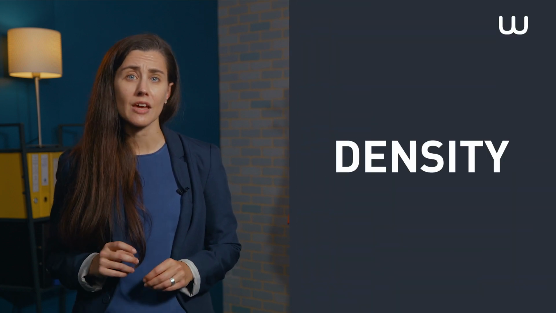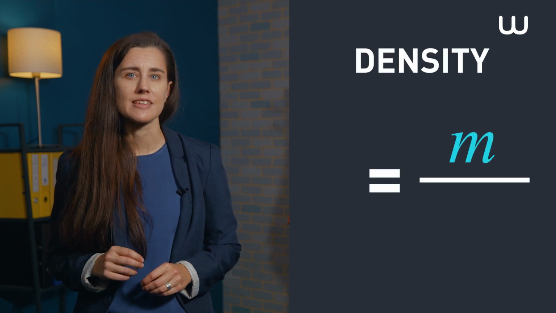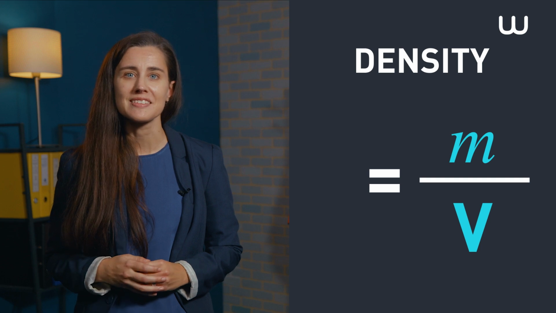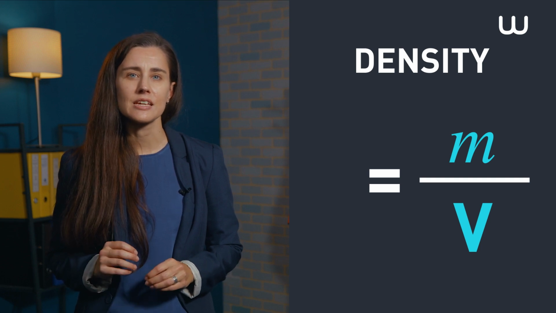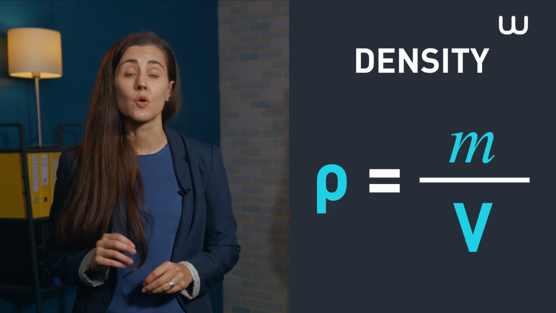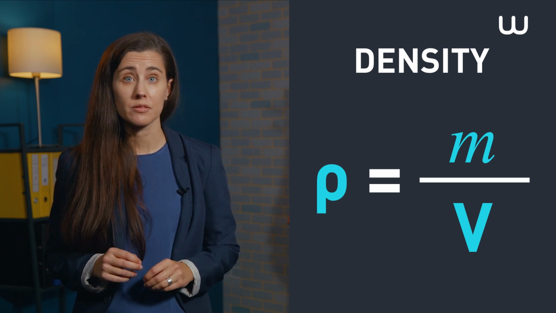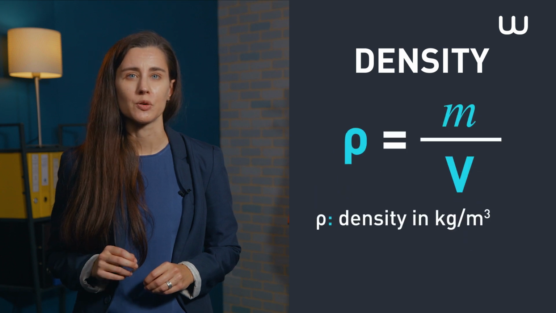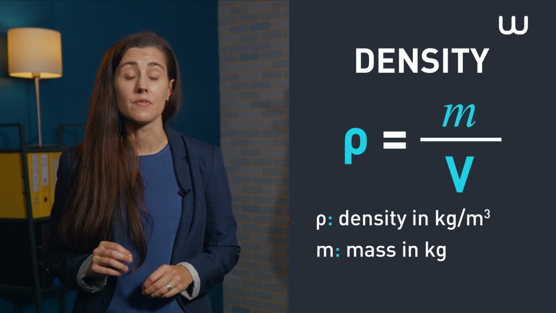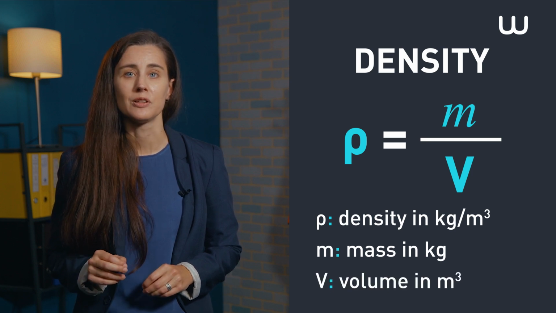The density of a chemical corresponds to the ratio of the mass, m, of a sample of this chemical, divided by the volume, v, of this same sample. Density is referred to as ρ. We therefore have ρ is equal to m divided by v, with the density ρ of the chemical in kilogram per cubic meter, the mass m of the sample in kilograms, and the volume v of the sample in cubic